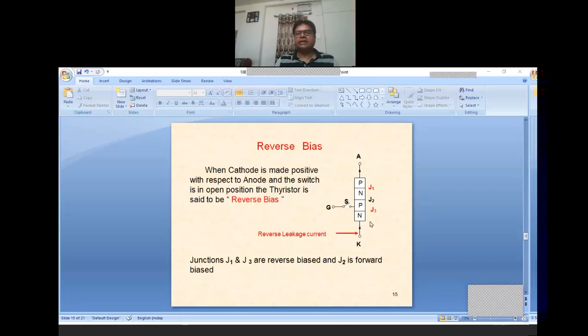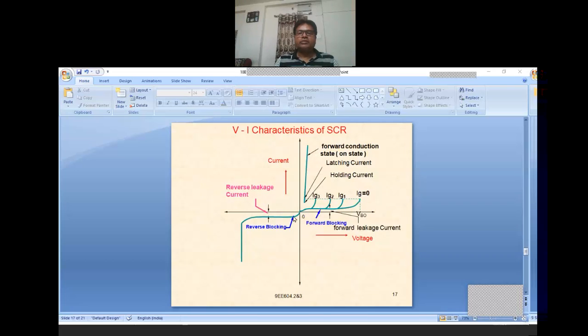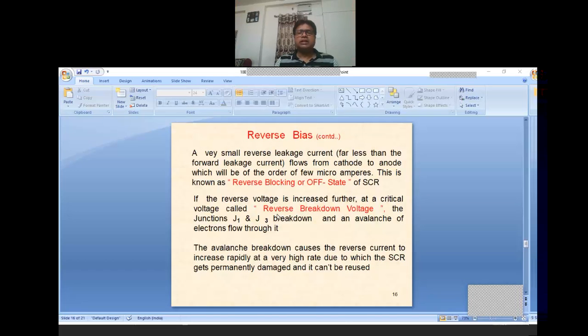So junction J1 increases, likewise junction J3 will also increase, but J2 will decrease. In reverse biased condition, J2 will immediately vanish, but both the junctions J1 and J3 will go on increasing further and further, which makes it pretty difficult for conduction in reverse when compared to forward biased condition. But if you further increase the voltage in the reverse, there occurs the reverse breakdown.